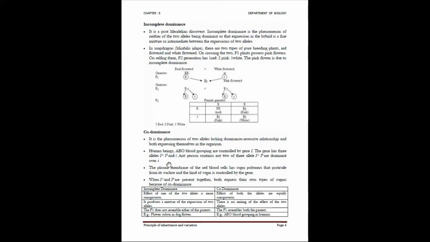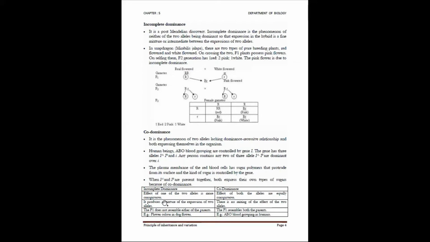Moving on to codominance, yes, the definition will be asked and the example also will be asked, because the only example for codominance is the blood group, or ABO blood group. So the example also you have to write. Wherever you write the definition, if you can write an example which is one word or one line, please add it.